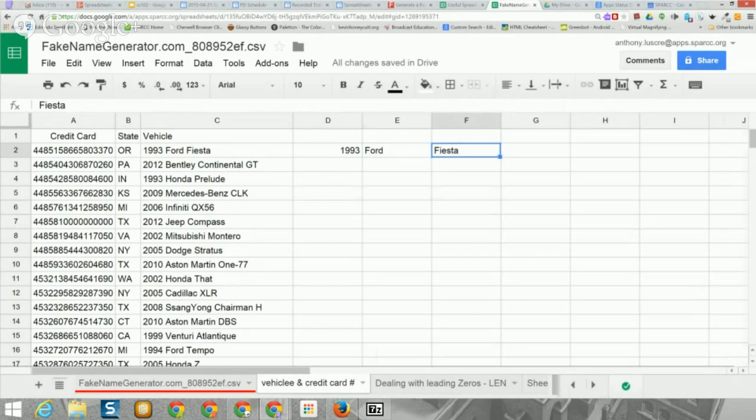We don't really care too much about the Ford Fiesta. If we wanted to recombine it again, we could use concatenate to put it back together, but we don't care about that. All we really want is to be able to get the year. So let's just take our formula and drag it down. Before I drag this function down, though, I want to show you something. In most functions,